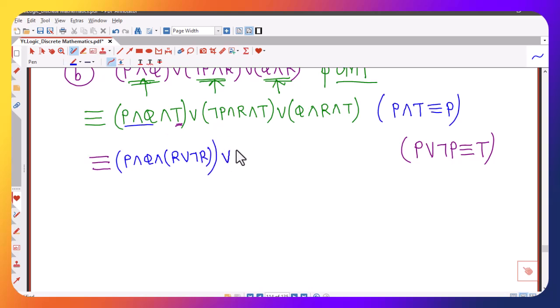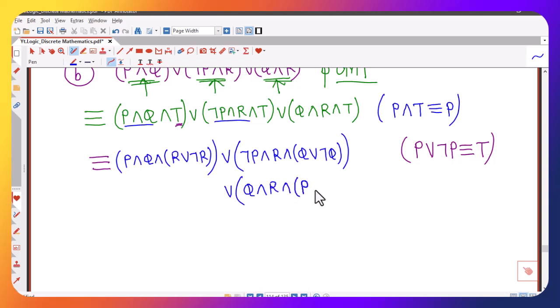Then in the second bracket we have q missing, so we can rewrite this as negation p and r, and this we will write as q or negation q. Or in the third bracket p is missing, so we write this as q and r, and T is logically equivalent to p or negation p,